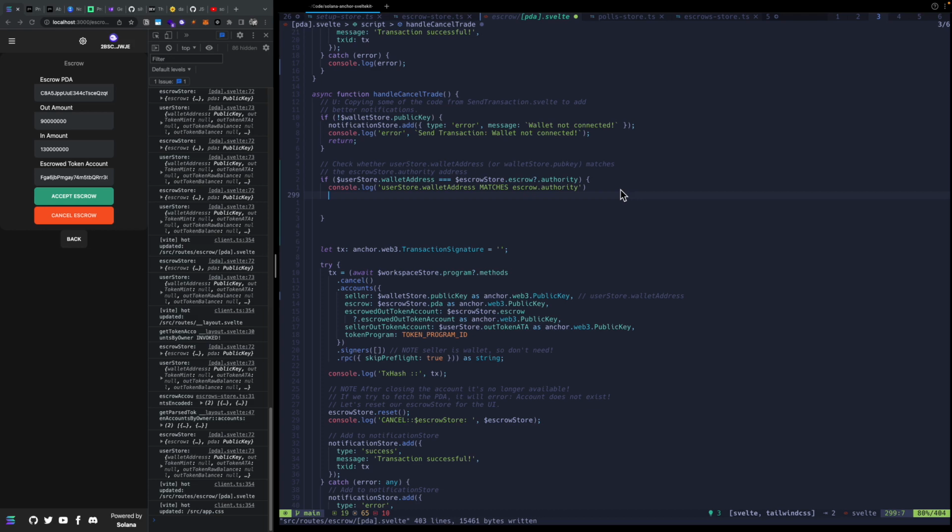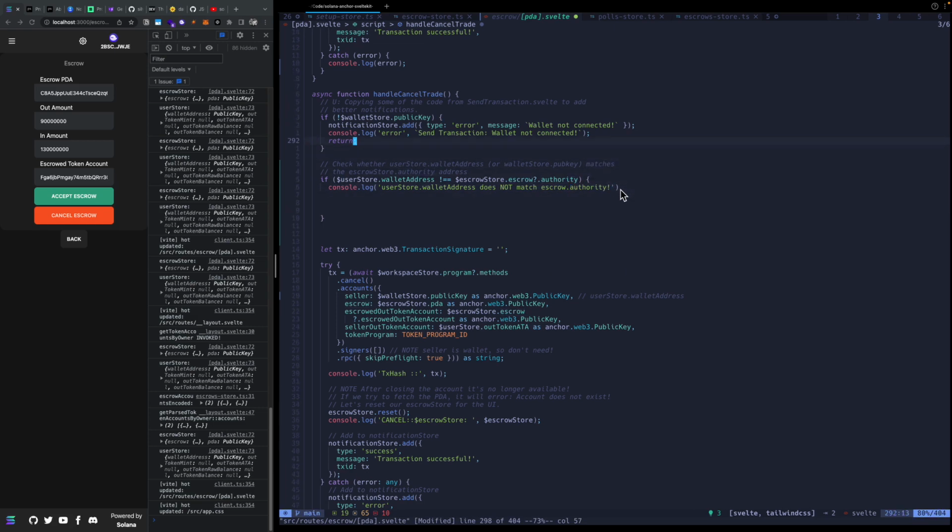I feel like that's maybe what I could consider doing. So like if they don't align, actually, does not match escrow authority,